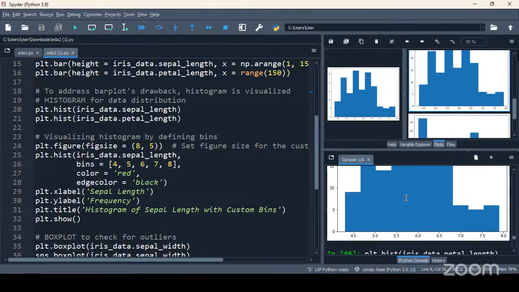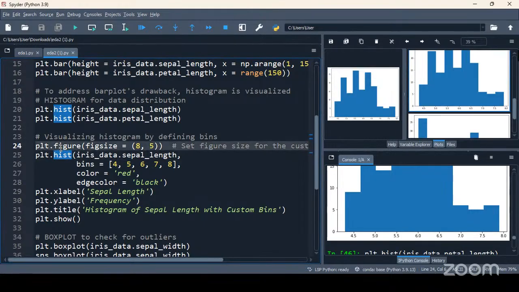But if you don't want 10 bins, you can customize. And by default it returns the histogram in blue color. If you don't want the blue color, you can customize the histogram. But you can do it only when you go through the documentation of the hist function.